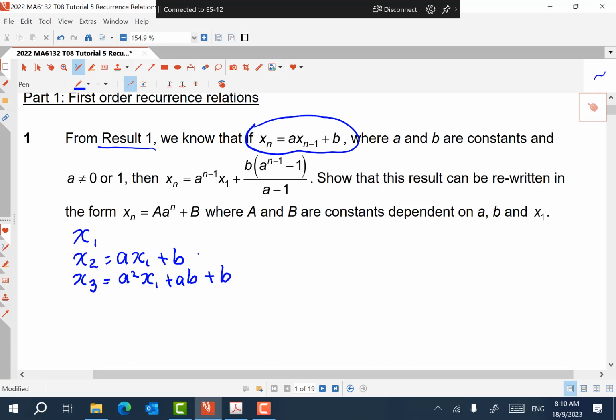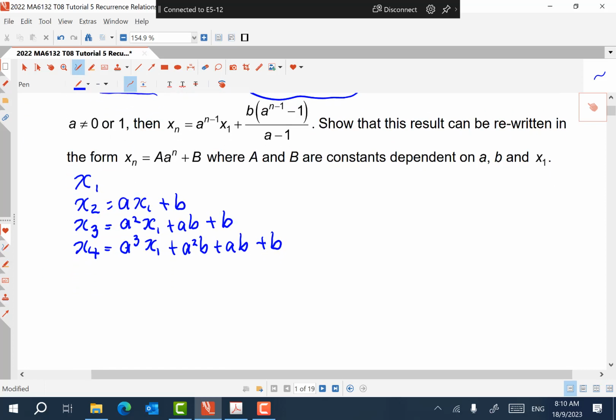Can you see? And then what is your x4? Your x4 is a of x3 again plus b. If you go on with this pattern of thinking, very soon you will realize that